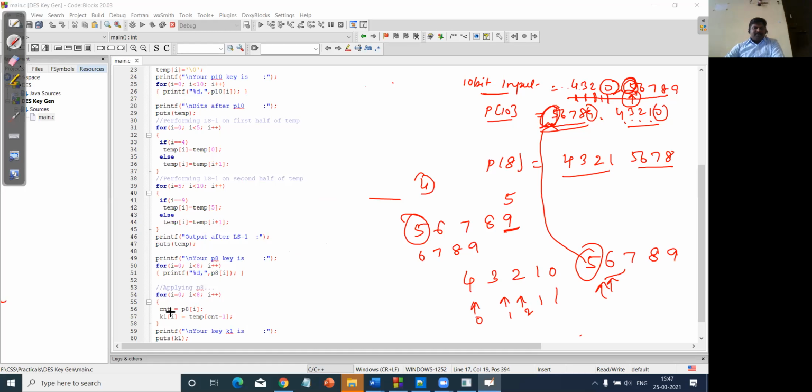From this, now I'm going to reduce it to an 8-bit value. So for our 8-bit key, this is the for loop from 0 to less than 7, so that means it will start from 0, 1, 2 till 7, right?